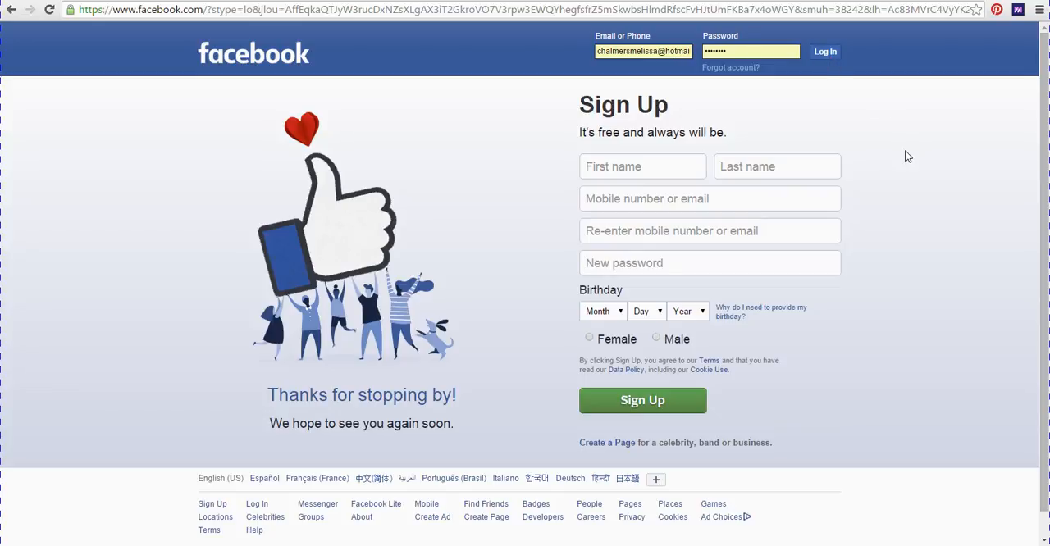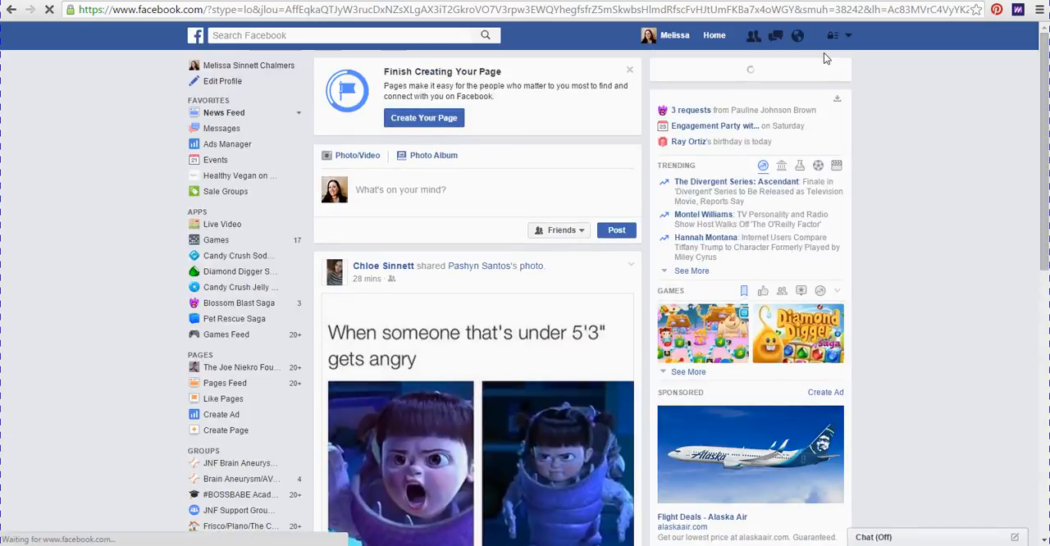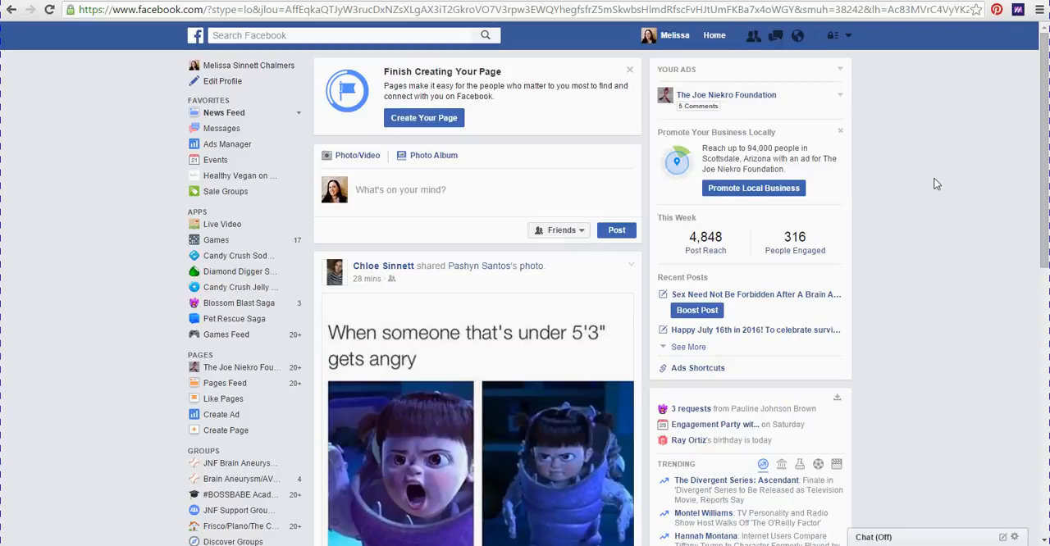If you are new to Facebook, it is easy to sign up and you can enter this information and click the sign up button. To get things started, I'm going to go ahead and log into my own personal Facebook account. Once I'm logged in, I will be taken to my home page, which shows you a feed of all